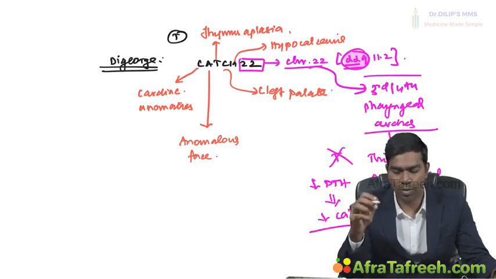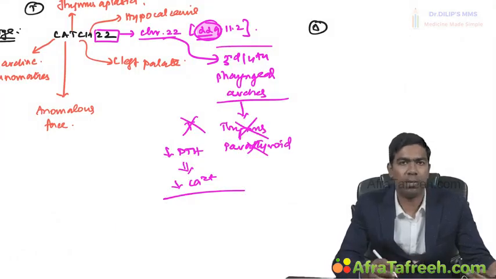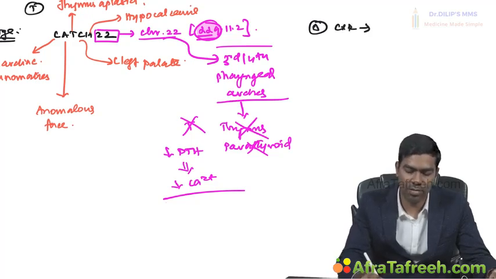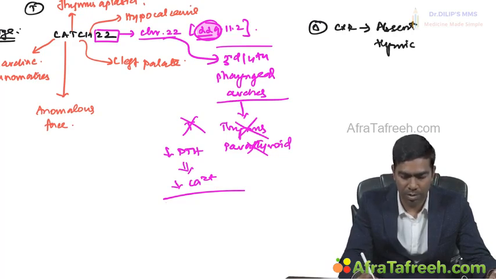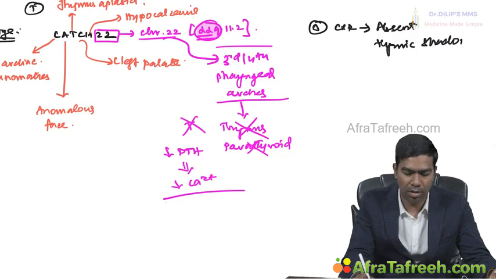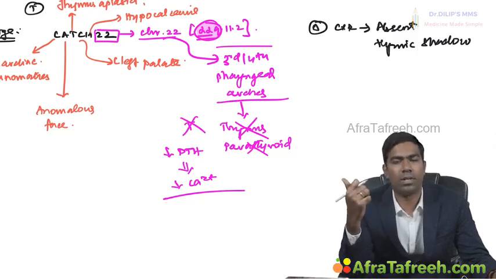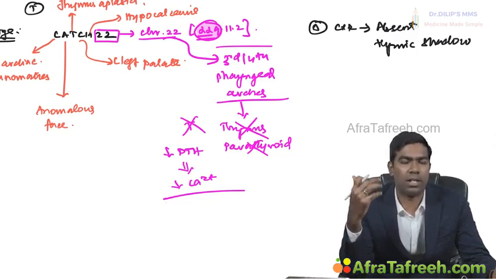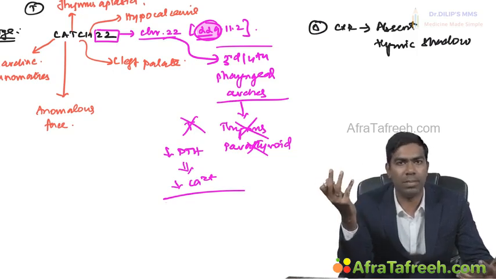So this is the reason why you get this kind of typical abnormalities in DiGeorge syndrome. This is also referred to as Catch-22 syndrome. So how will you diagnose in exam? The typical abnormalities you will see. Apart from that, they might give a chest X-ray, which will show an absent thymic shadow. If some of you remember what I have taught you, not in T cell basics, but in the basics of adaptive immunity,